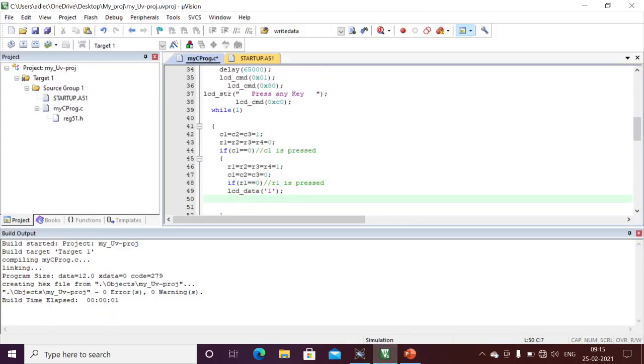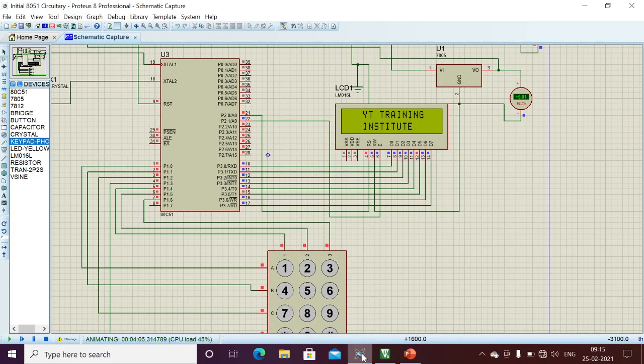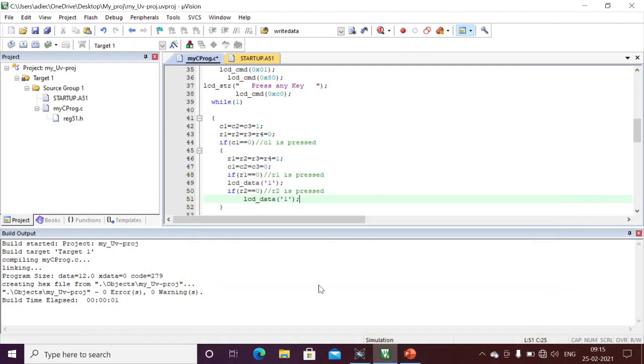Similarly, if row 2 == 0, if row 2 is pressed, here we just need to change to row 2. If row 2 is pressed, what I am going to display onto the LCD: row 2 means 4. The first column is 1, 4, 7, star.